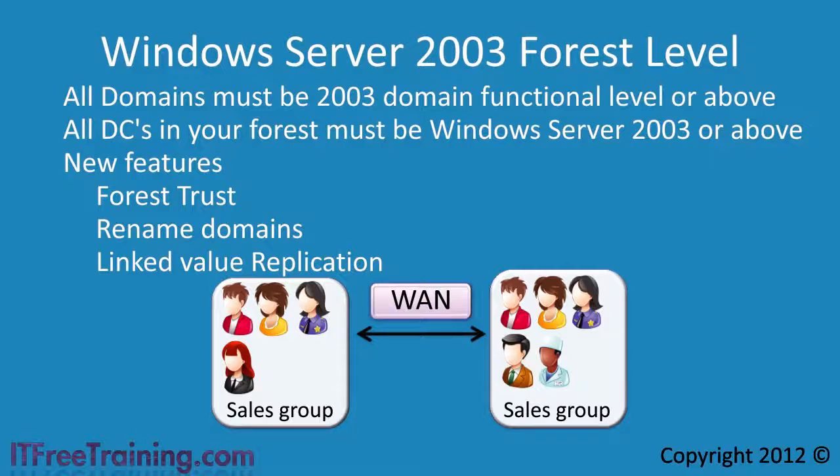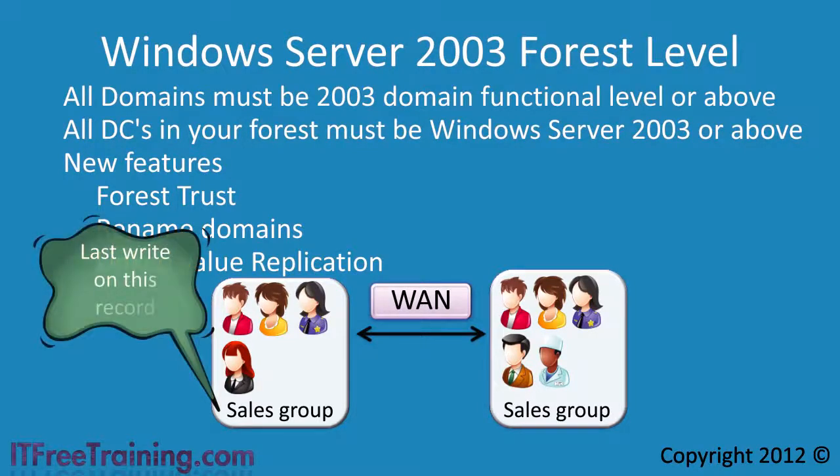Before linked value replication, Windows used a last write wins policy. Basically, this means that whoever updated the record last would be considered the newest and thus correct record. You can see in this example that two users who were added to the group have been lost when the